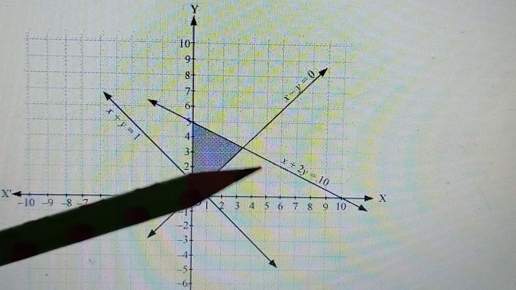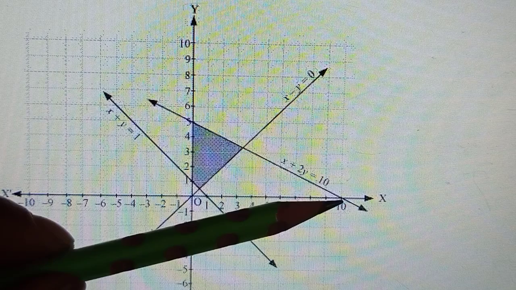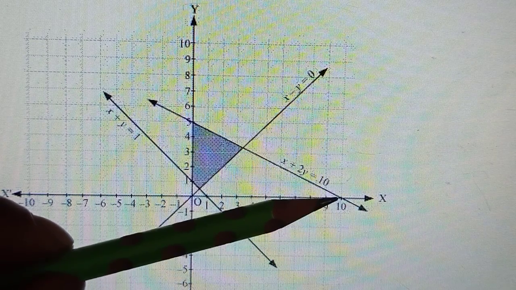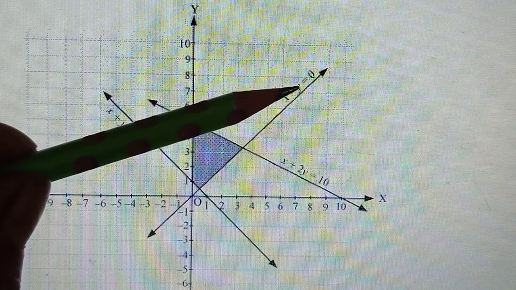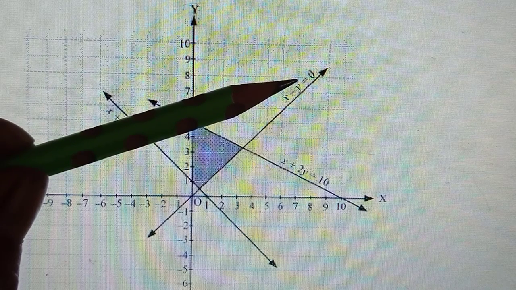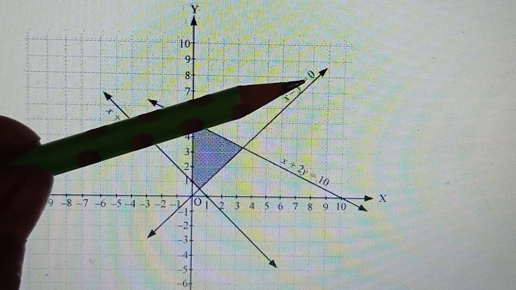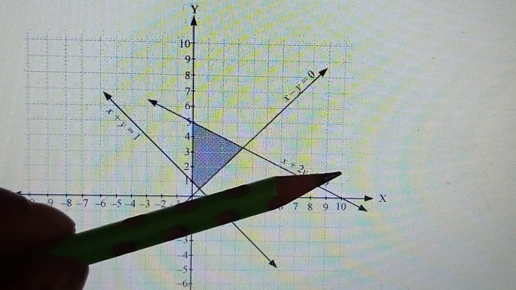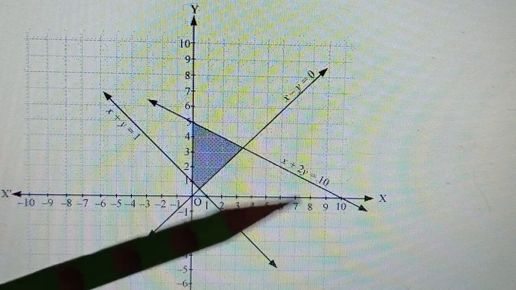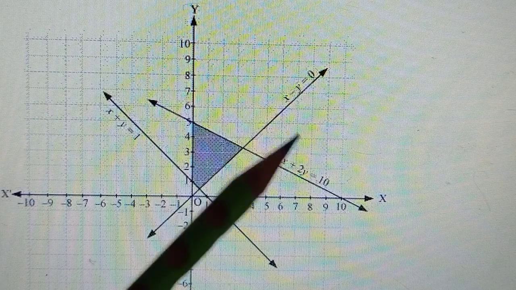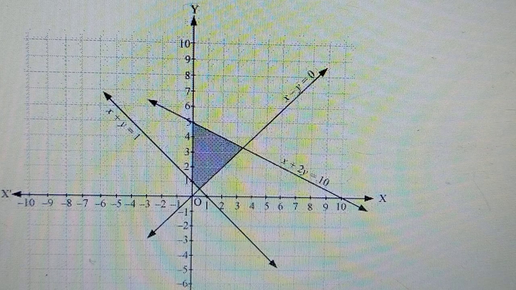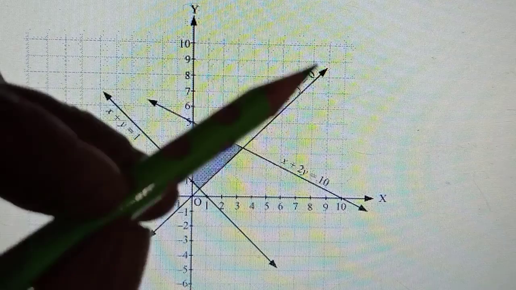Okay, so again, as I said, take any point. Say we take this point conveniently. Any point you can choose, and if I'm choosing this one, it has coordinates (10, 0). So 10 minus 0 is 10, which is smaller than 0? That is false, of course. So this is not part of your solution. This line had divided the whole plane into this region and then this other region. So this is not your solution, because you get the condition 10 is smaller than 0, which is wrong. So the other part of it.